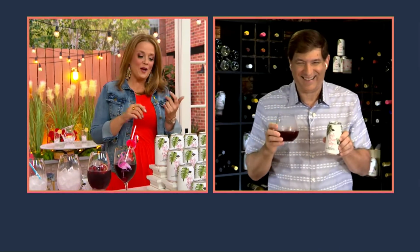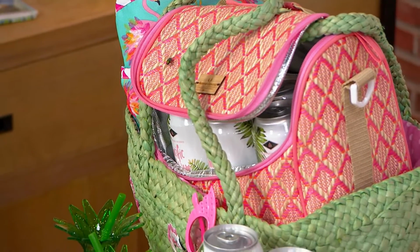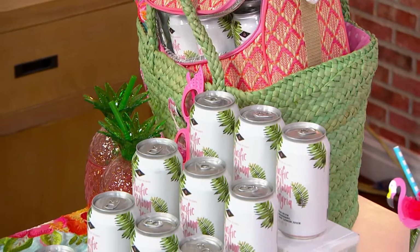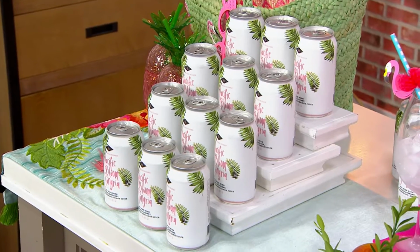But whether you are on the deck or you take them to the beach, these will load up into the cooler beautifully. That's right. These are a great vessel to be able to do just that. By the way, you choose the 12 can or the 24 can. But I've got to tell you, not only do you stock up and save $19 on that 24 can choice, it comes down to